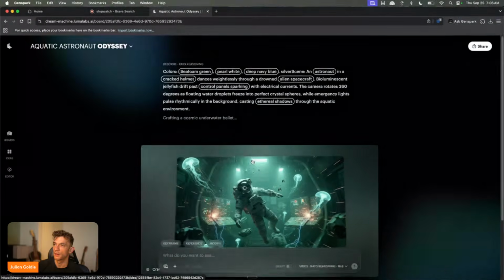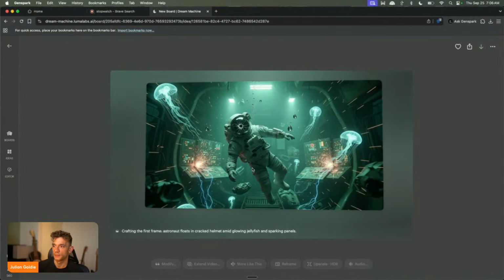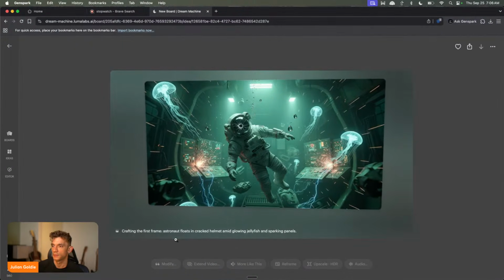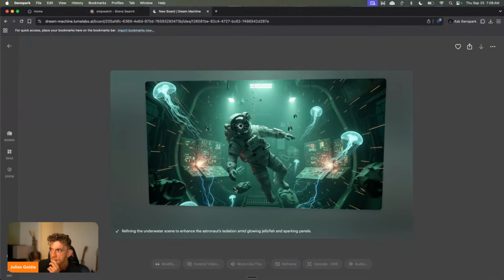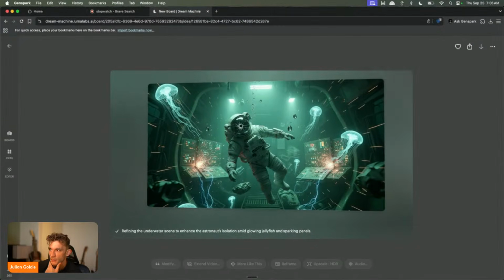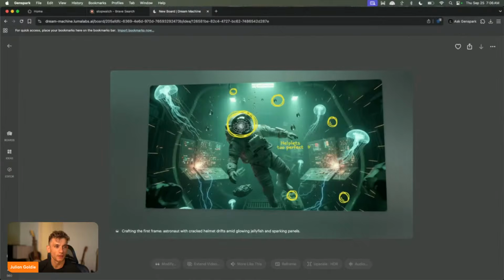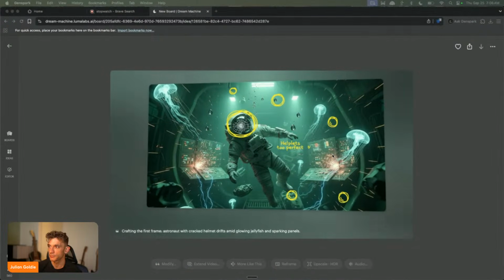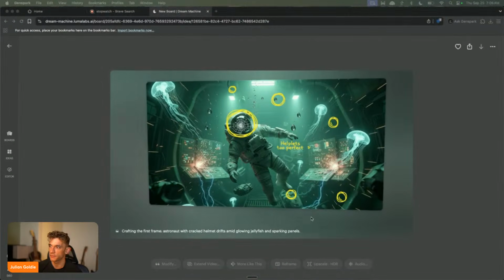That looks cool. So you can see that it takes a lot longer to generate the responses, but I think it should be better thought out, surely, if it's going to take that much time. It's kind of annotating it as well. Look, you see how it's circling different parts.